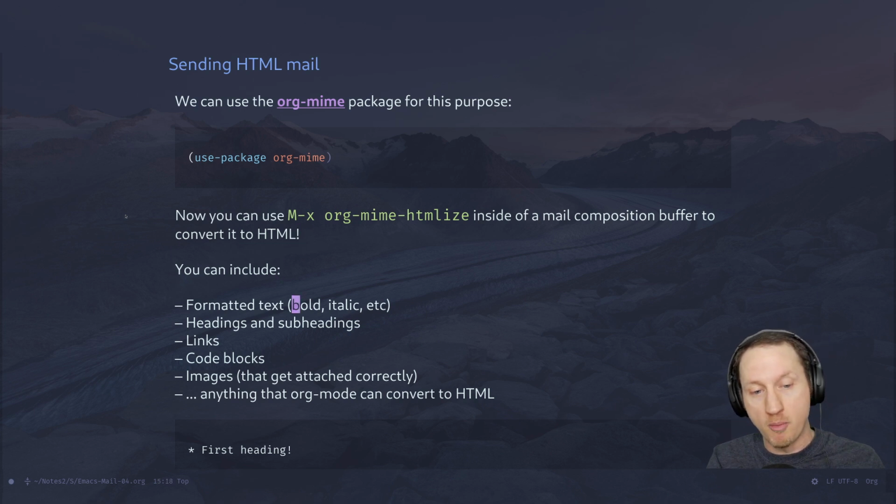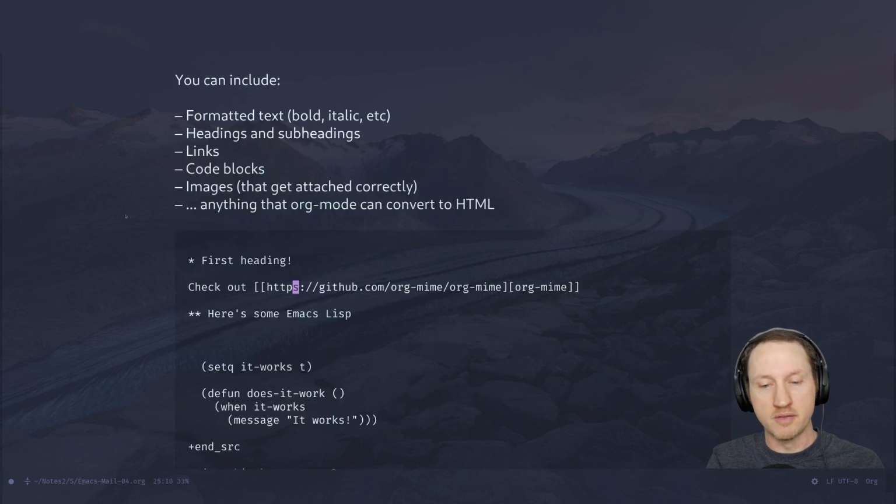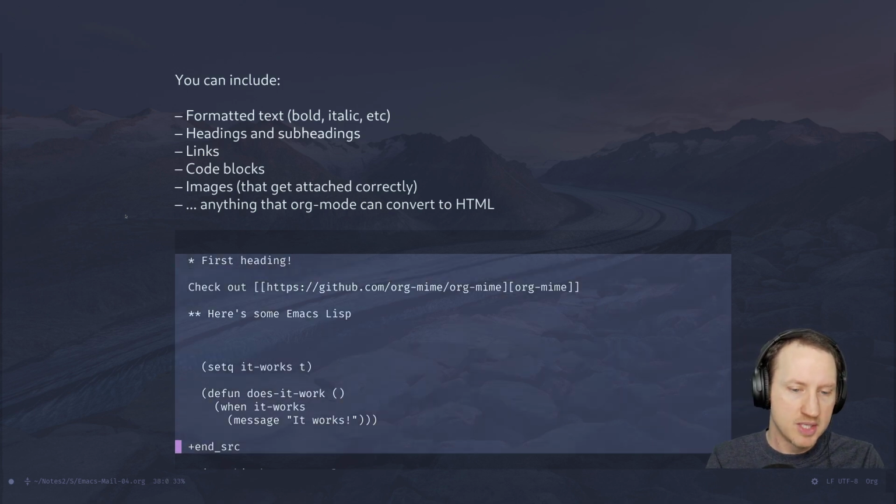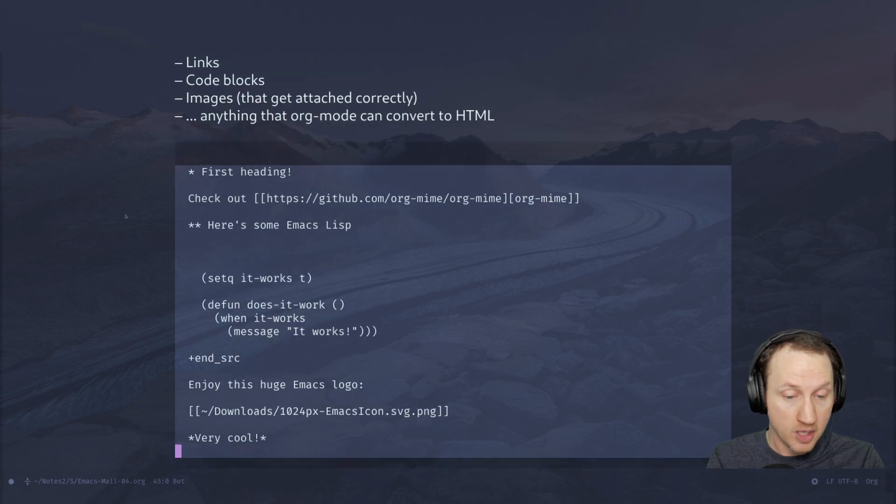So you can put in formatted text, you can put in headings and subheadings, you can put in links, code blocks, which is kind of interesting, and then images inline that get attached correctly automatically, and then anything else that org mode can convert to HTML. So what we're going to do is grab this little simple snippet of org that I